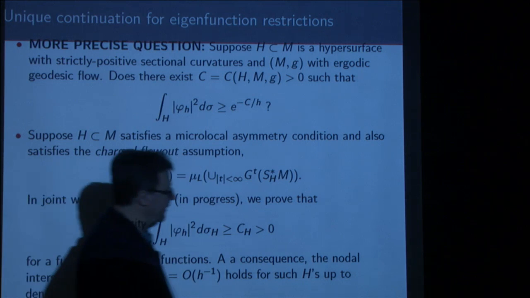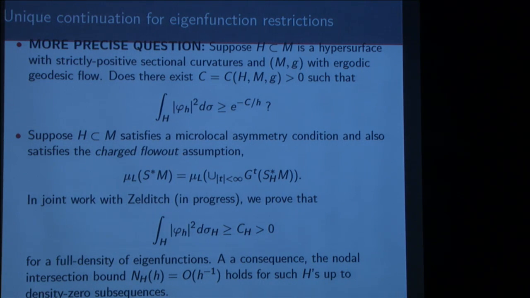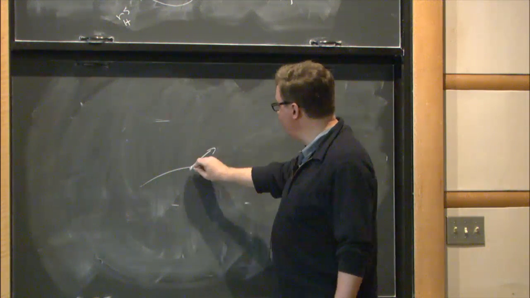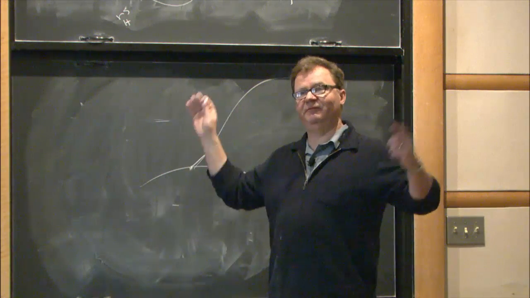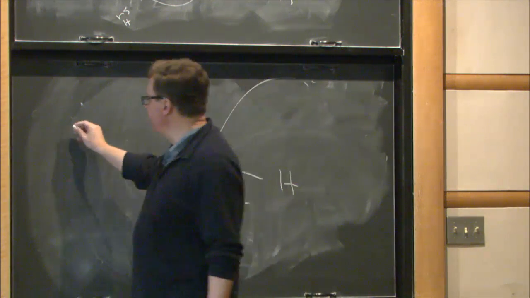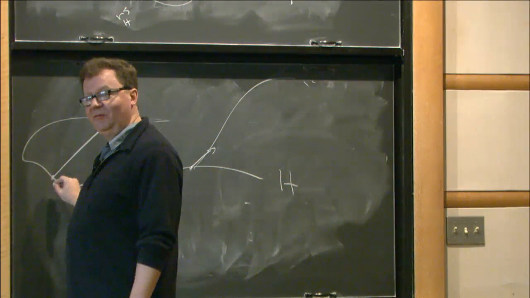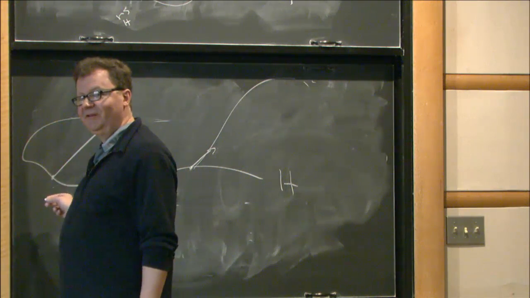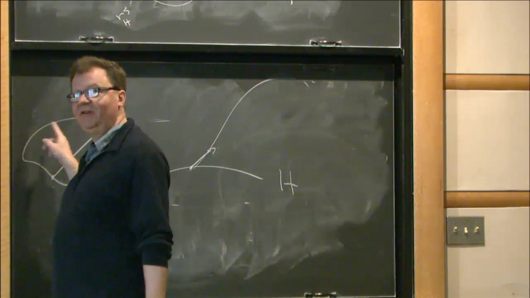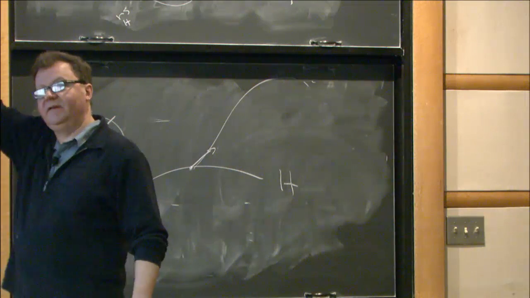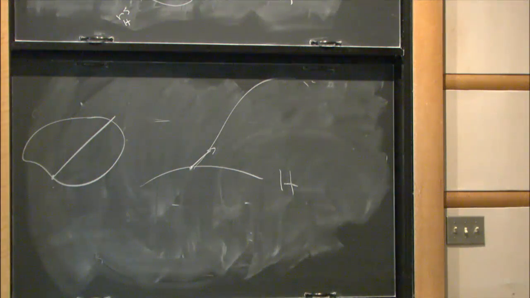So if you take your H and you take any point with covector here and you go out for infinite time, you pick up everything in the Gaussian bundle. So for example, if you have a planar domain, right, then every geodesic intersects the boundary. So if your H is the boundary, that's certainly satisfied. So this is the sort of non-trapping condition. I mean, you could have situations where things are trapped on the inside. So every geodesic everywhere else comes and hits the hypersurface at some point.